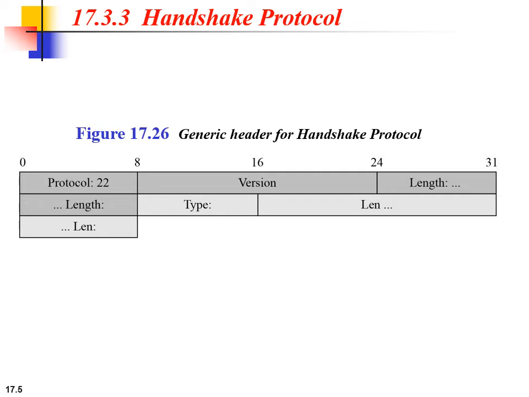So there are two types of length fields here: one is for the general record header and another one is the generic header for the handshake message. And the requirement of these two types of length is because a record message may carry two handshake messages at the same time if there is no need for another message in between.